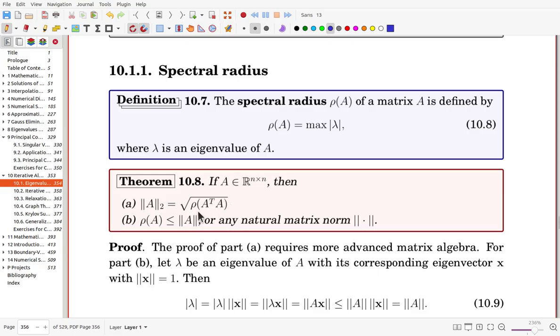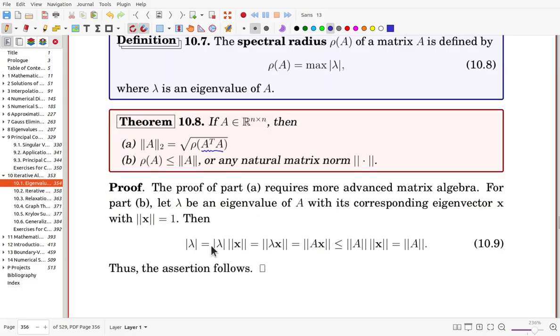Then the 2-norm of A is the square root of the largest eigenvalue of A transpose A in modulus, and then take a square root. That's a well-known identity. And for any matrix norm, the spectral radius is always less than or equal to the norm of A. That is a well-known theory. We can easily